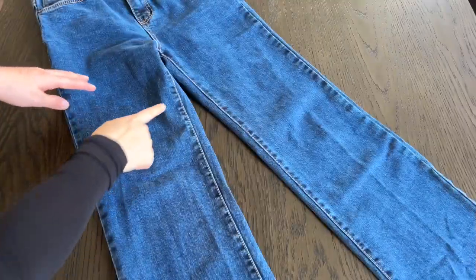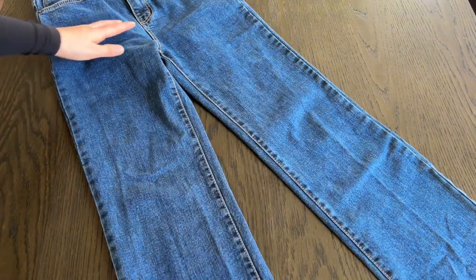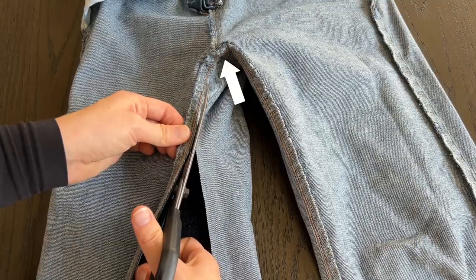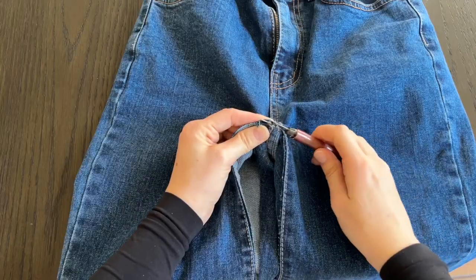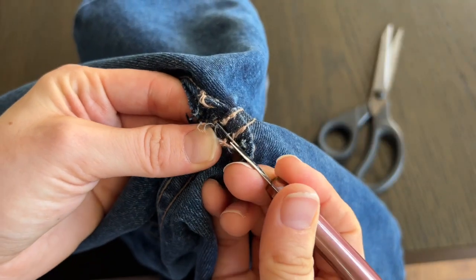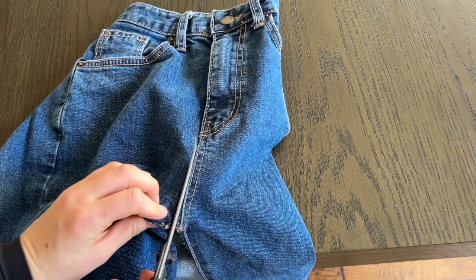So we will begin by cutting along the inside seam of the jean legs on both sides. So start by turning your jeans inside out and cut up until the crotch area on both sides. Then grab your seam ripper to cut the threads around the crotch area to separate the front and the back sections of the jeans. On the front part of your jeans, use fabric scissors to cut up to the fly